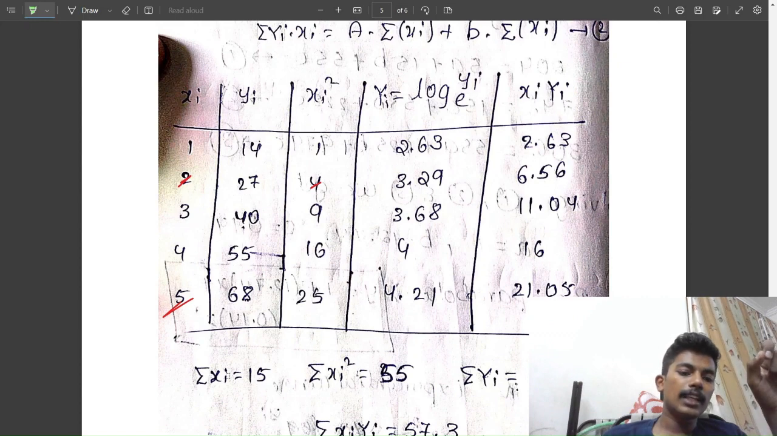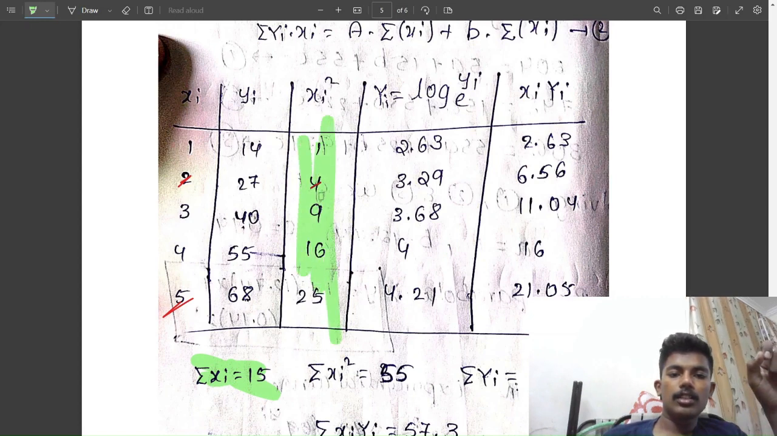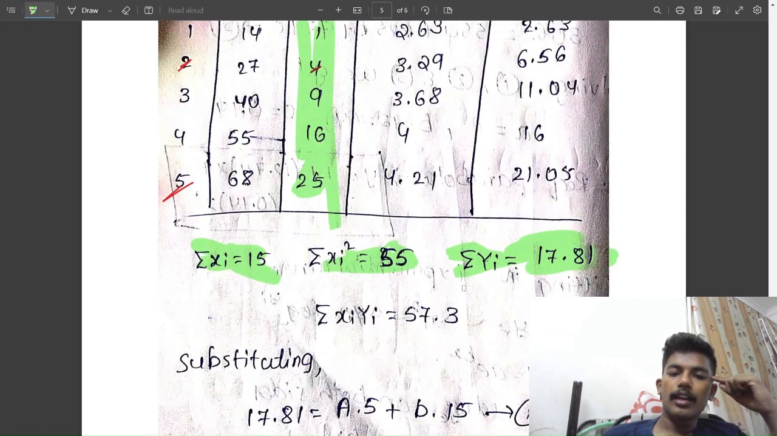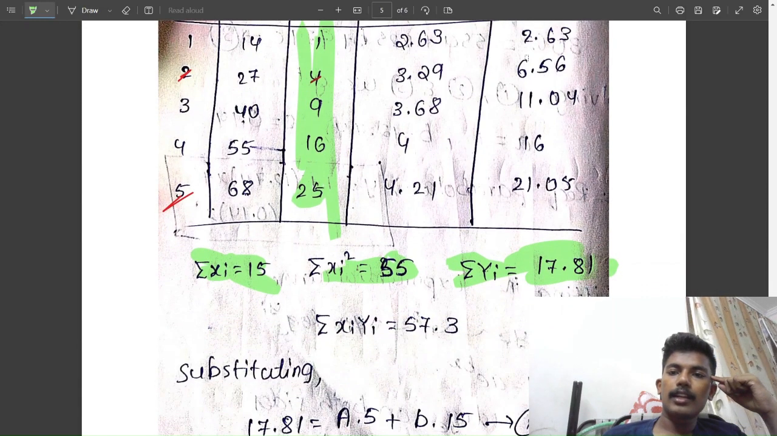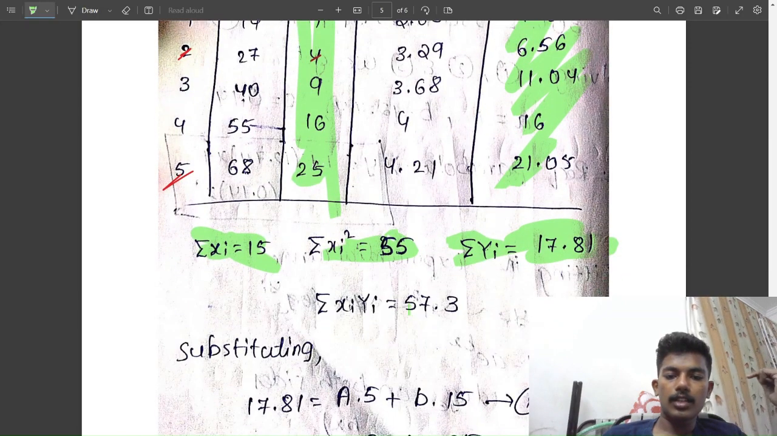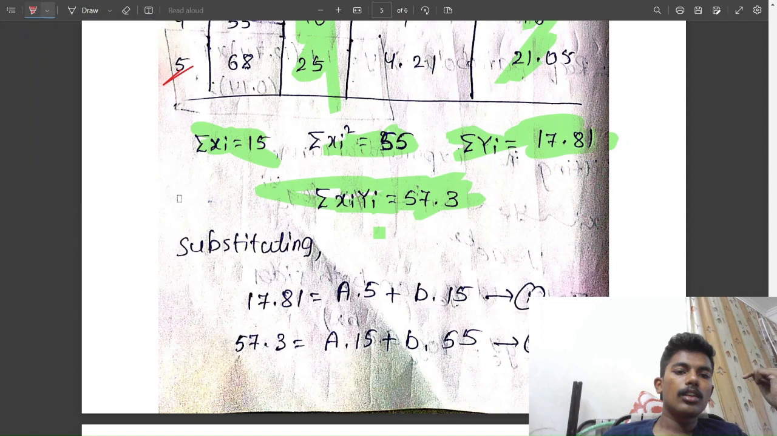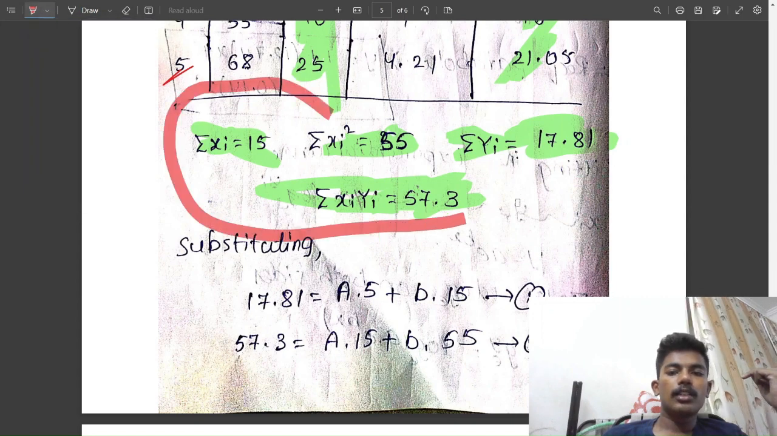So summation xi is given by 15, and summation xi square, by adding these values, we will get 55, and summation yi is equal to 17.81, and summation xi yi, by adding these values, we will get 57.3. Now by substituting these values